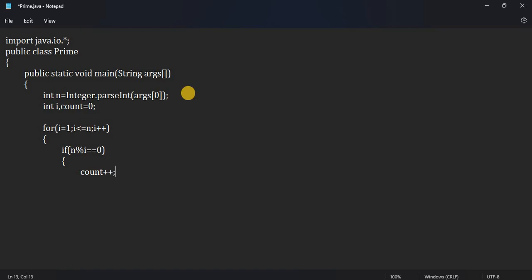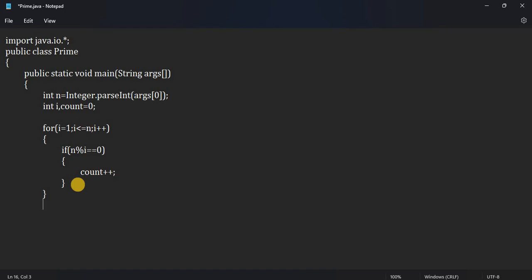So if the given number n is divisible by the extracted number i, and it is fully divisible, the remainder is 0, I'll increment the count. If it is not divisible, I will not increment the count, I will come again here, increment the value of i, and again divide the given number by the new value of i. Next